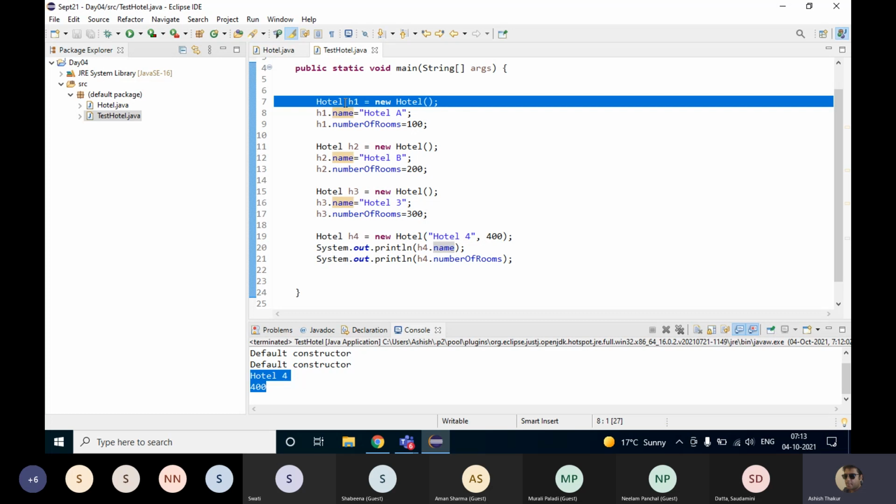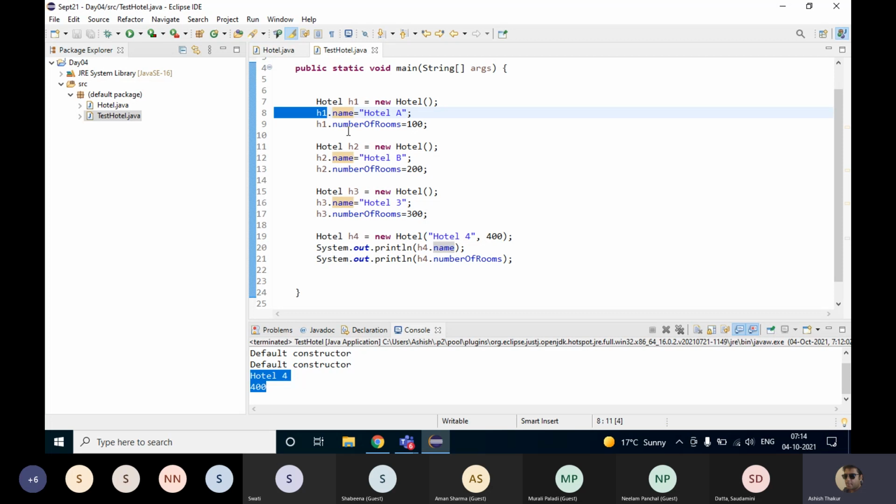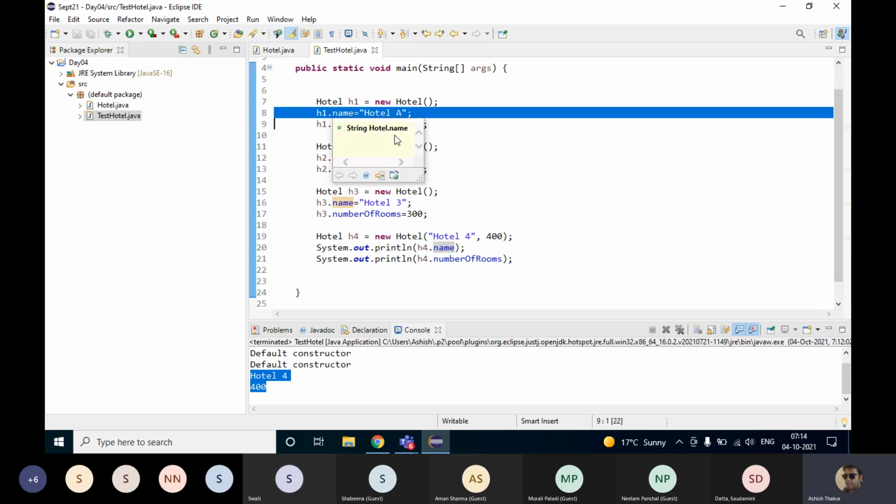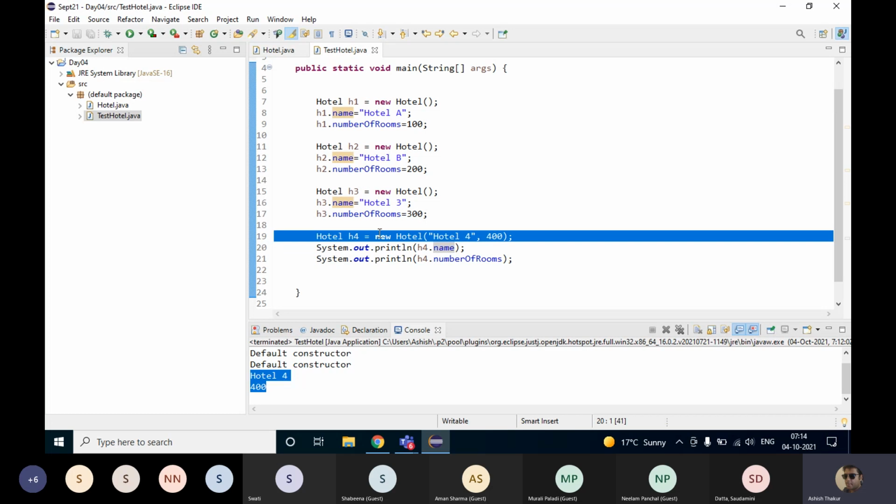Without creating the object, I cannot access them. But if I do so, I'll have to initialize them separately in multiple lines. So through constructors, you can do it in one line. You can create the object as well as initialize these variables. Are you getting my point?